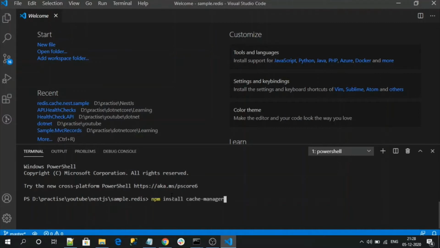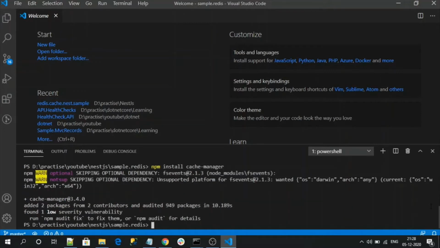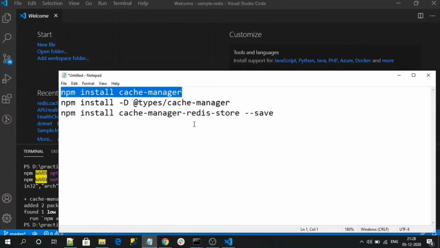Right, copy my cache-manager install. So we got that installed, and next install the TypeScript-supported cache manager.